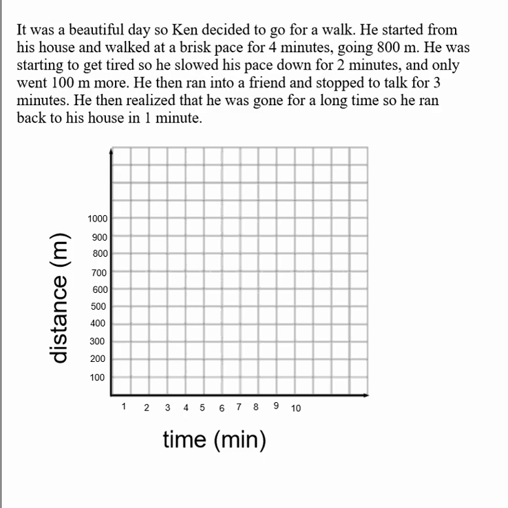And a lot of what you see in these graphs has to do with what we've been talking about with slope. So for example, if you have a situation where something's going fast, it's going to be a steeper slope. If something is going slower, it's going to be less steep. If time is going on, but someone is not moving, then you are going to have a horizontal line. And anytime you are heading back towards something, so for example, you leave your house and then are heading back towards your house, that's going to result in